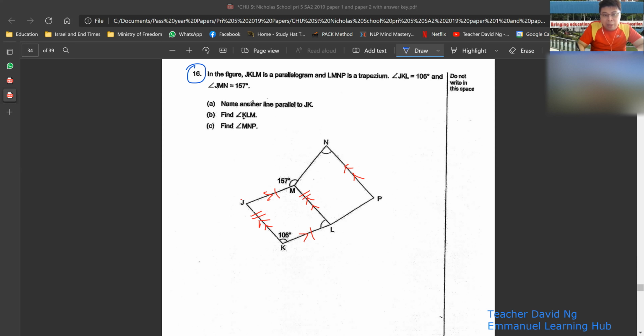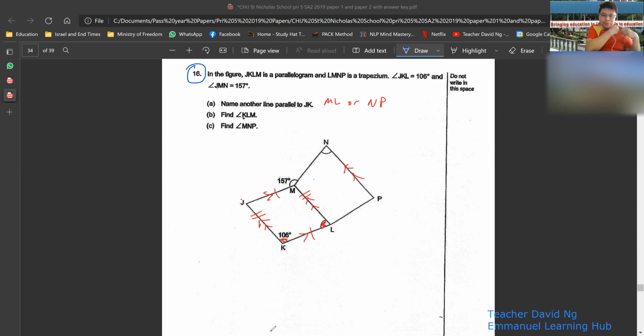Question A. Name another line parallel to JK, simple: MP or ML, either one. Because they're asking for parallel, not same length. So either ML or NP. Either one is correct because parallel to JK. Find angle KLM. Where is KLM? KLM is this angle. So you know that this angle plus 106 equal to